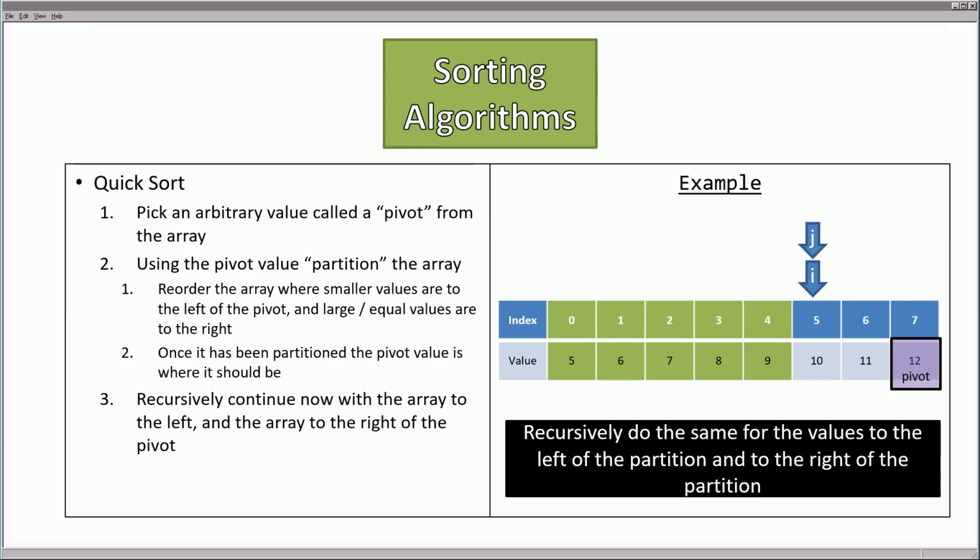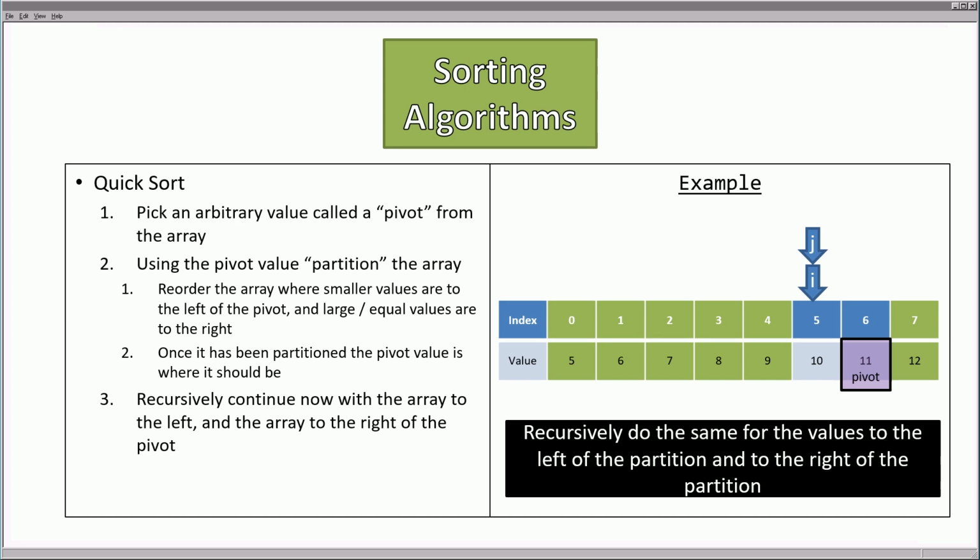10 is less than 12, we move I and j forward. 11 is less than 12, move I and j forward. 12 is not less than 12, but is the last thing, so we switch the values, and ultimately, yes, it should be right there. Now we don't have a right-hand side of this, we only have a left. So starting here,